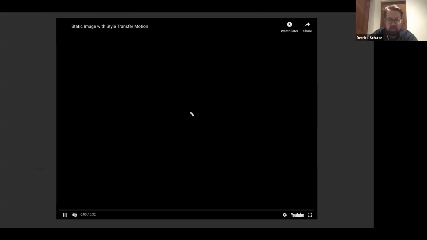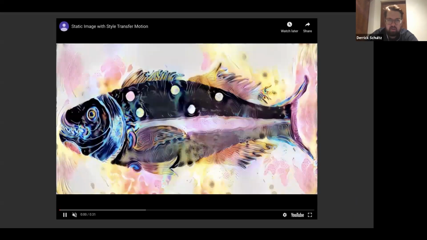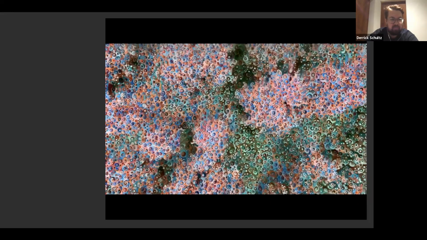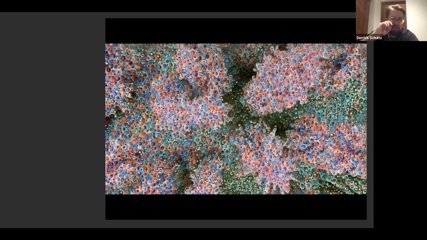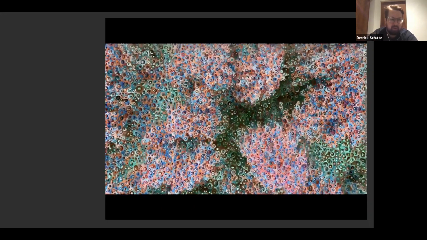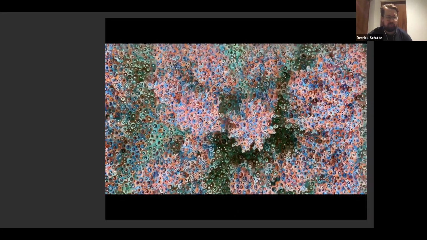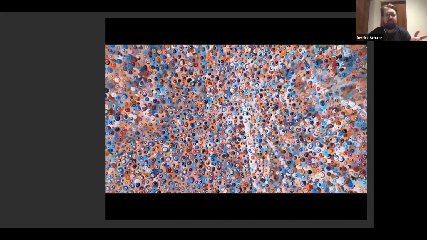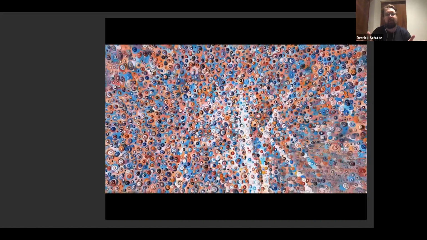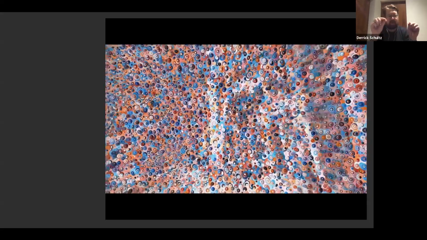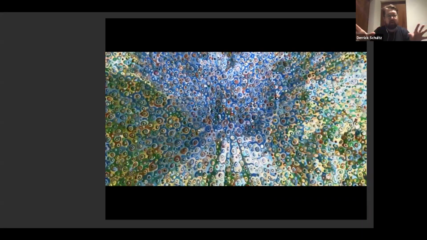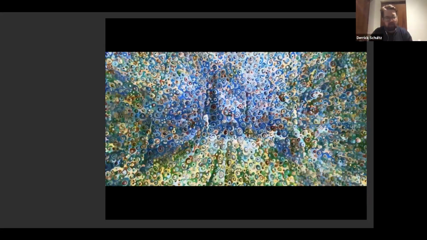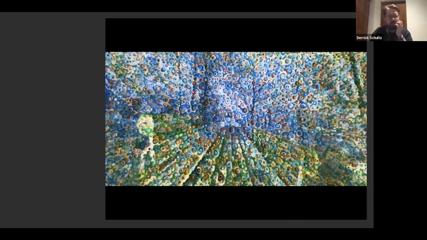In the case of this other piece, there is a state that it has to take from the previous frames. Part of the reason why this stuff takes a long time to produce is because it does have to look at the previous frame, and it does what's called a flow. Before you even do the style transfer, it looks at all the video and tries to understand where things change and where things don't. Then when you're doing the style transfer, it only trains in the areas where things have changed. That's how it keeps a state that is pretty static.